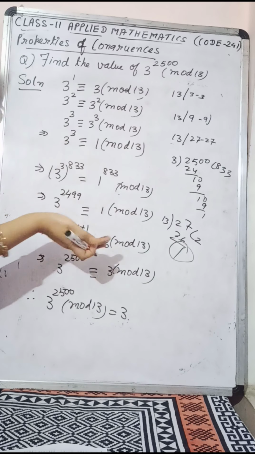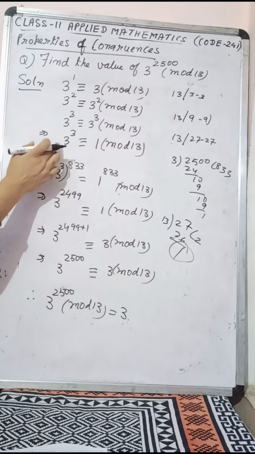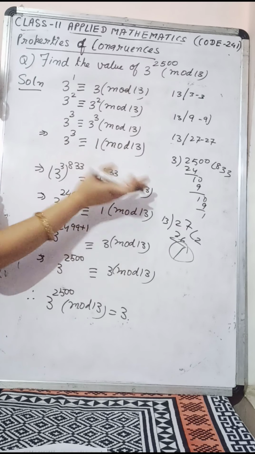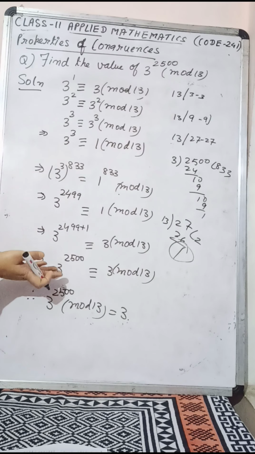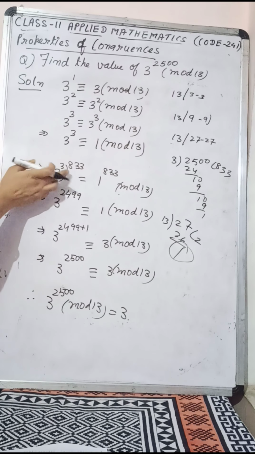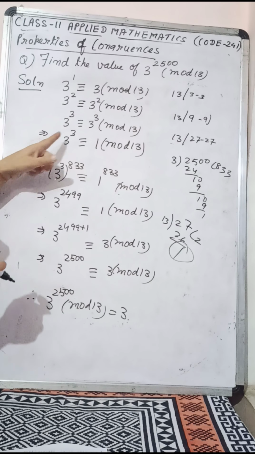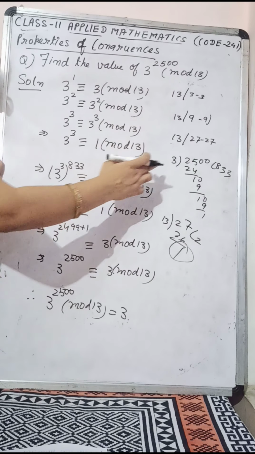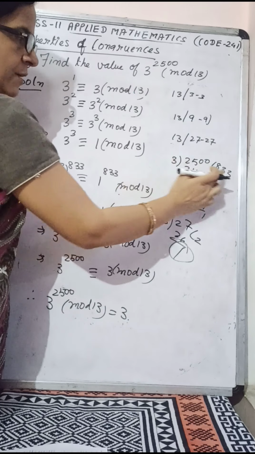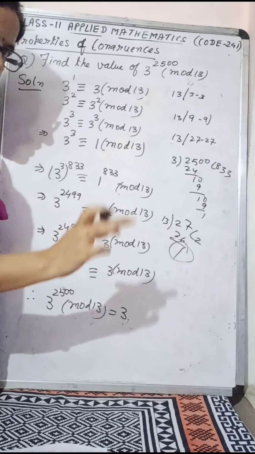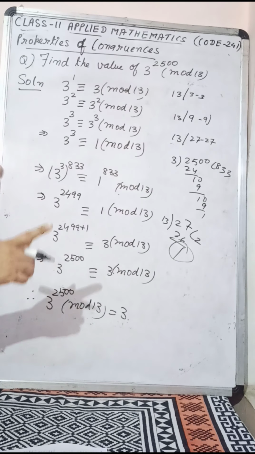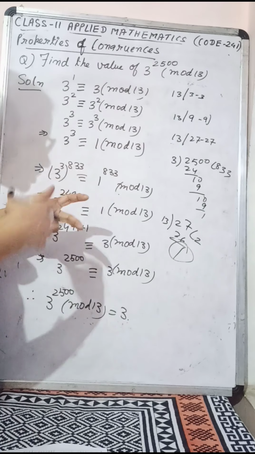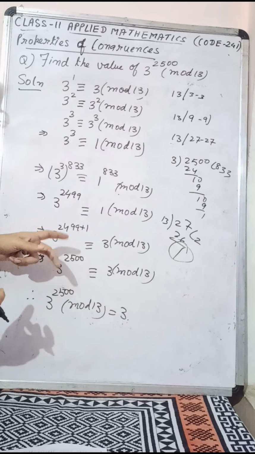Now whatever power we increase, it will remain 1 only on the right side, and 13 only as the modulus. So whatever changes I have to make now are on the RHS, the right side. Over here it is power 3 and I want to make it 2500. So first I will divide 2500 by 3. I will see that the quotient is 833 but the remainder is 1. So it is not completely divisible; this remainder 1 will be left. Even then we can go closer to 2500.